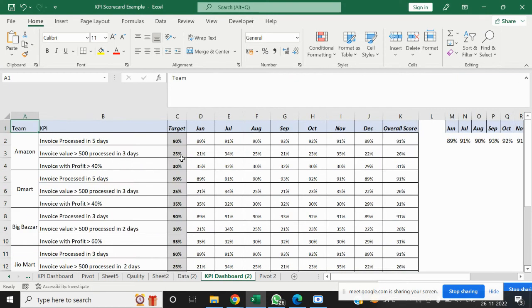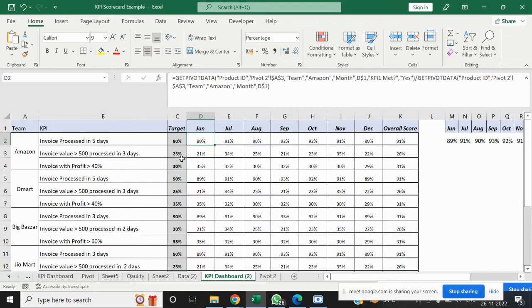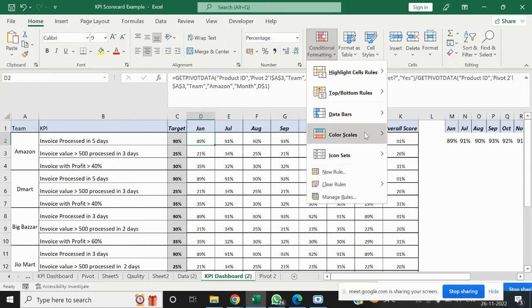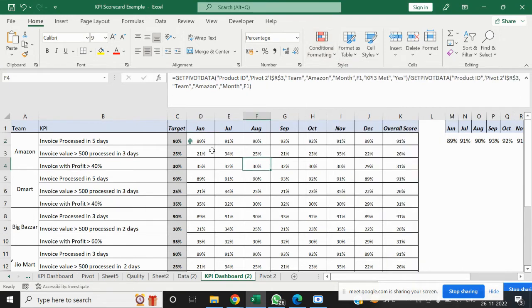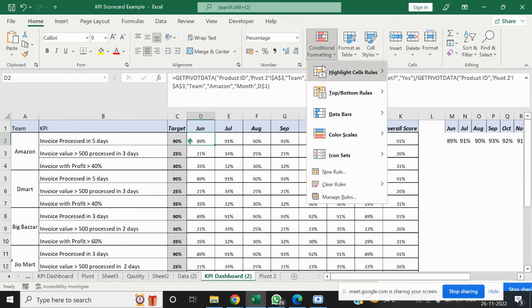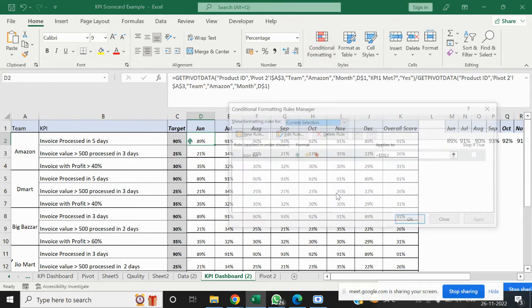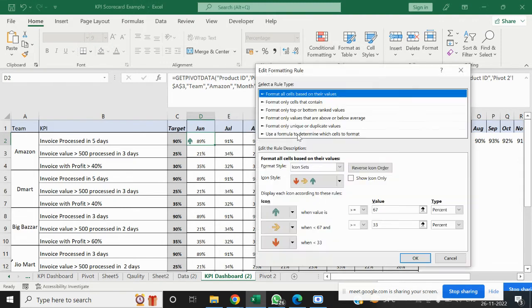Now let's do conditional formatting. Now the target is 90%. The first target is 90%. What we want is, if it is meeting the target, then we'll use an arrow. We'll use an icon set. I'll go to manage rules, edit rules. So when value is greater than equal to